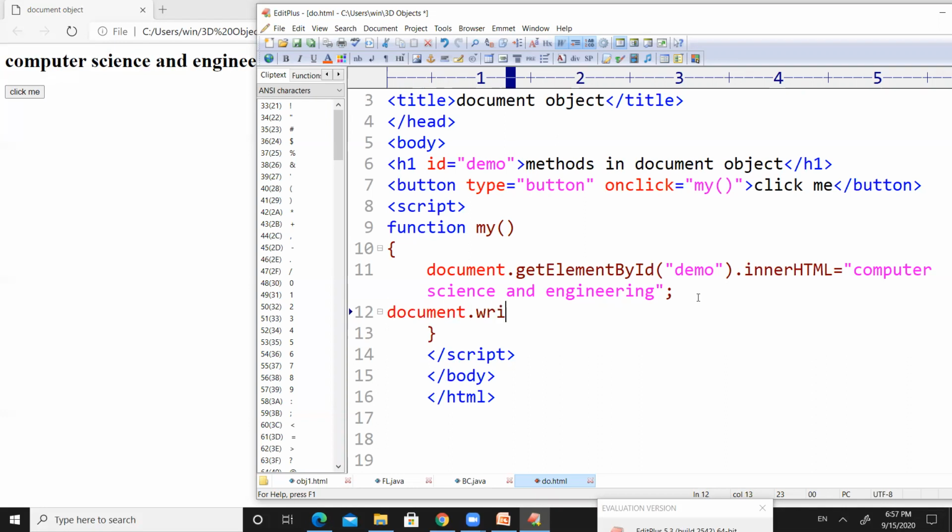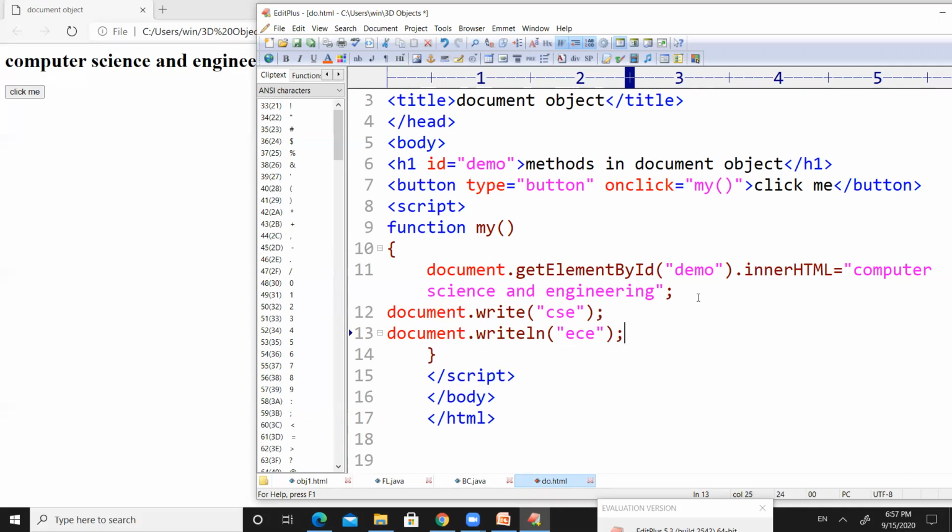document.write within the double quotes CSE, and then document.writeln ECE. So I have used three methods based upon the document object.